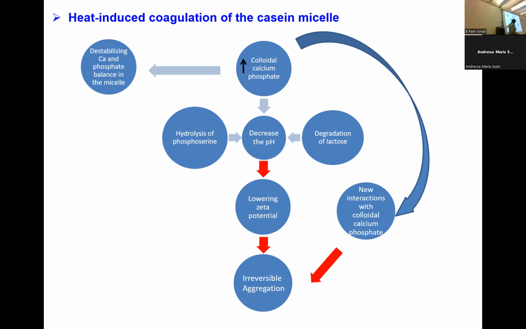So this new system causes casein micelles to interact with each other, reducing the zeta potential on the surface, all of which causes aggregation, which can be irreversible, especially if we have interaction of denatured beta-lactoglobulin with kappa casein that